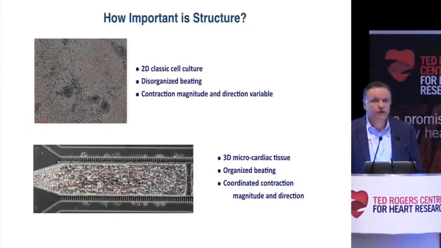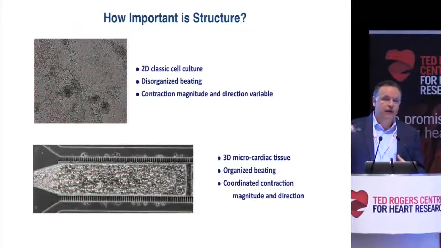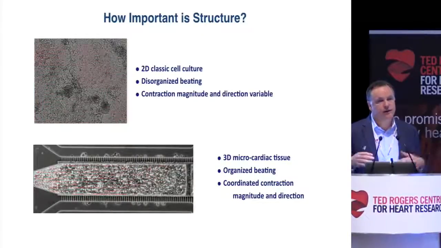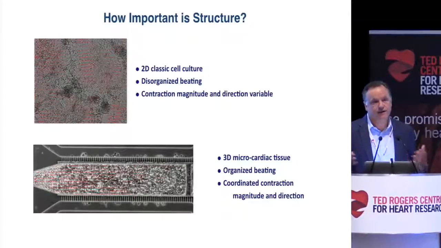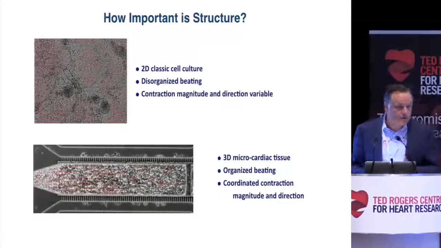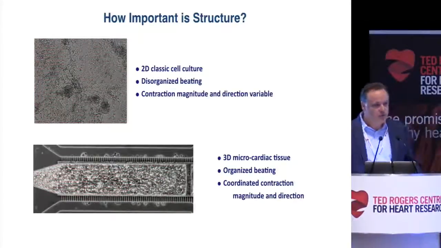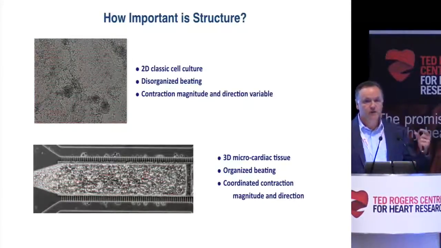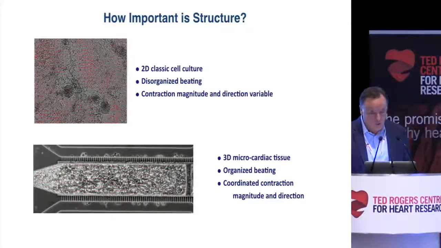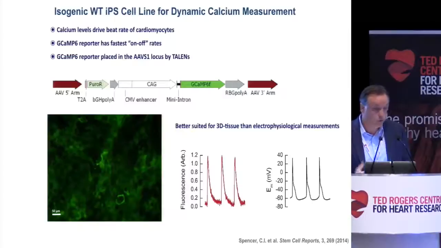So I want to make this point very clear. These little red arrows you're looking at are basically the vectors. They're spinning around like the hands on a watch because basically you're seeing movement of contraction and relaxation, and the optical software doesn't care whether it's relaxation or contraction. But I think if you look at this, it's very obvious. In a 2D, this is sort of, I'll use the term nilly-willy. I don't know if that translates up here, but it's not really coordinated. It's just sort of beating. It's a nice sheet beating. You can probably make some electrophys measurements. But it's very clear in this case, all the vectors are lining up going back and forth, because the cells are beating in this coordinated fashion. And so that's like the hallmark of what we're working on.